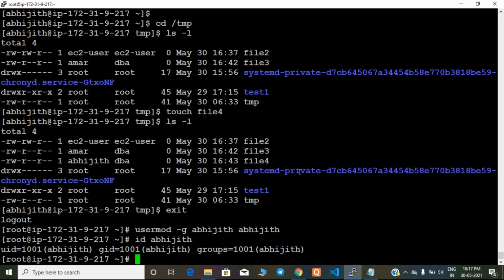So it's based on your requirement, guys. For all the teams, for example the DB team, you will add them into the DBA group. The application team, you will add into the application group. Developers, you will add into the developer group. So from now onwards, if one developer creates a file, that will be applicable to other developers also because they are part of the same group. Now guys, even you can restrict for owners and group also.